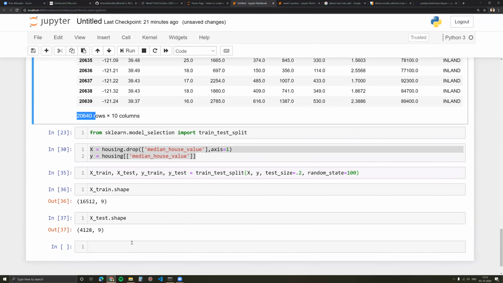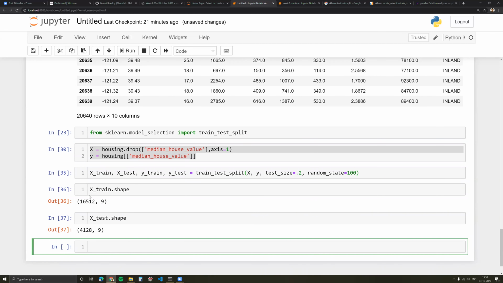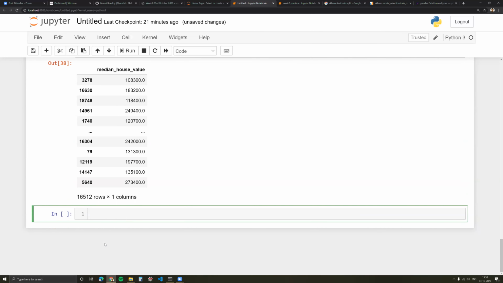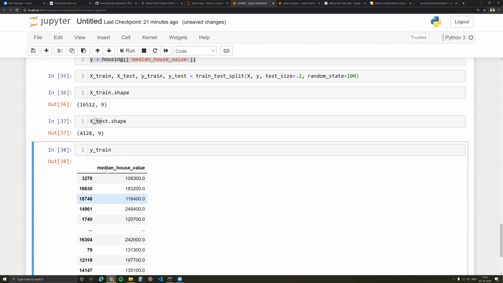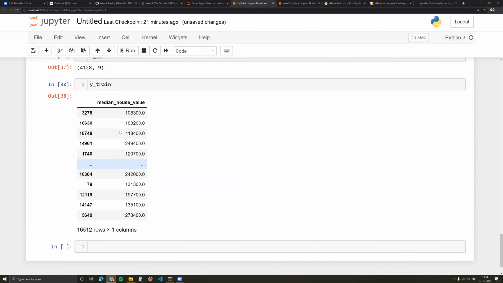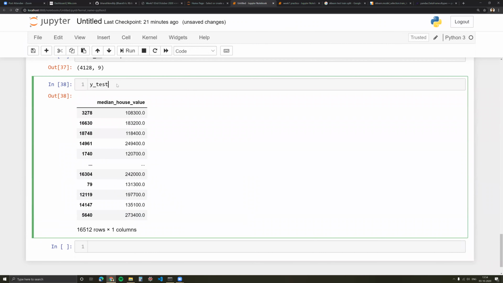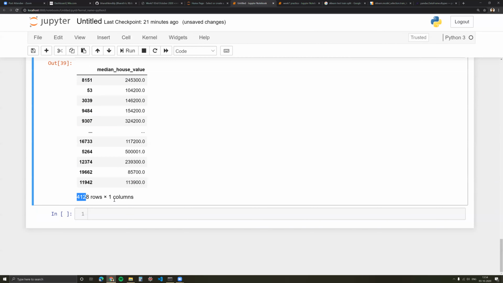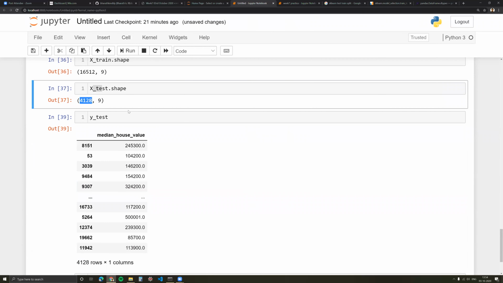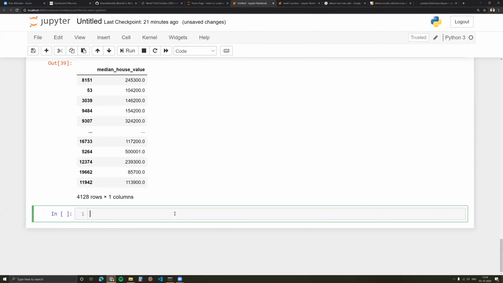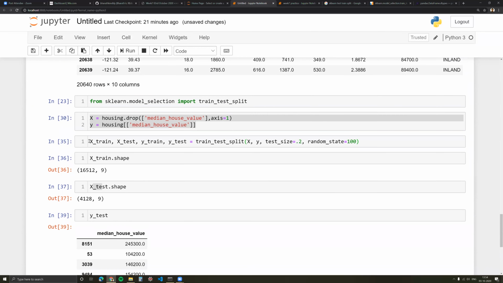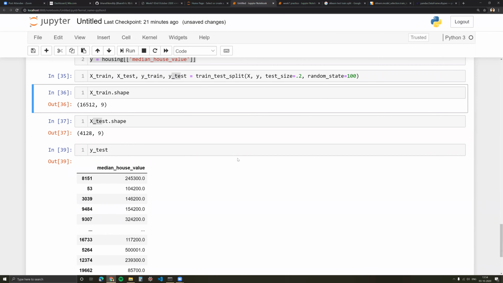It has split that into two parts with 80% and 20% split. Y train has 16,000. It matches this. And Y test has 4,128 rows, 4,128 rows. Our split is fine. So now we have X train, Y train, X test, Y test. So our data set is broken into test and train split.